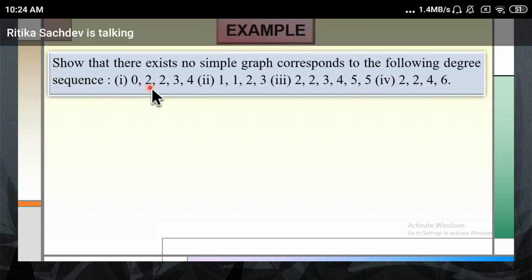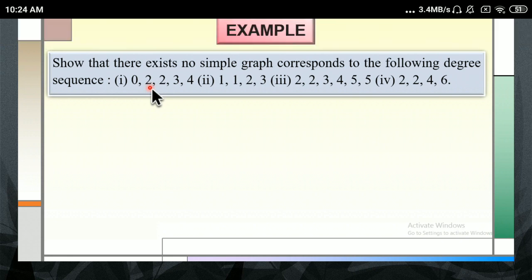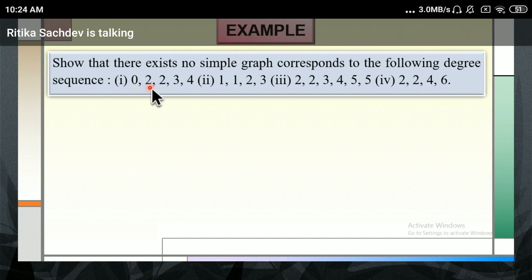Similarly, check for the second one. Second one, the sum is even or odd? Odd. 3 plus 2, 5. 5 plus 1, 6 plus 1, 7. Again, it is odd. So a graph will not exist for these two. This is one way of explanation, or one way of argument. There is another way also. We will have a look at the other way also. But are you convinced now that for the first and second sequences which have been given, there is no graph which exists with this degree sequence?